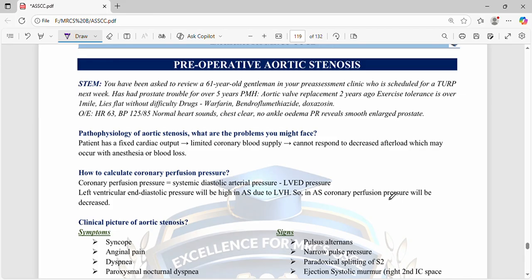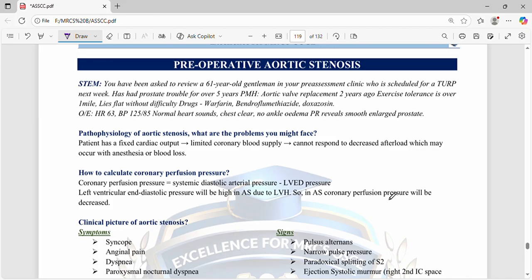Drugs: warfarin, bendroflumethiazide, doxazosin. These are the drugs he's taking. On examination, heart rate is 63, BP 125/85, normal heart sounds, chest clear, no ankle edema. Rectal examination reveals a smooth enlarged prostate. So this is